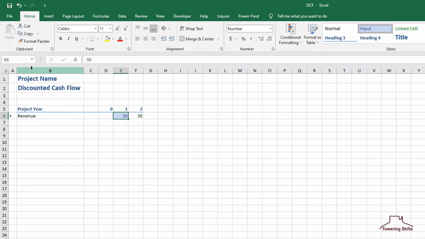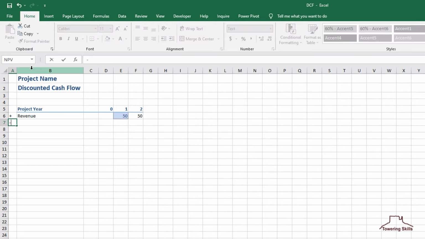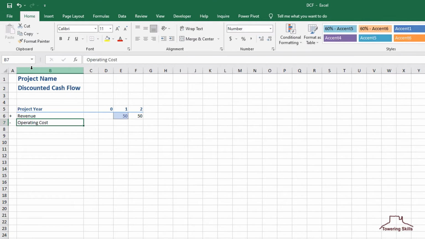We'll add the operating cost in line 7. Since the operating cost is money flowing out, in cell A7 we'll add the negative sign. In cell B7, we'll add the words operating cost.